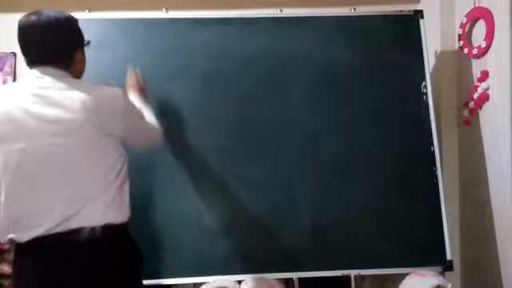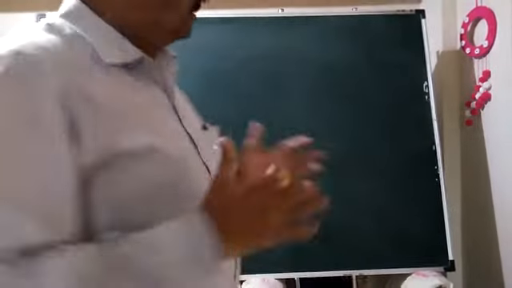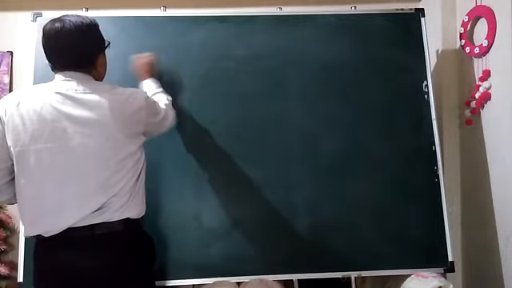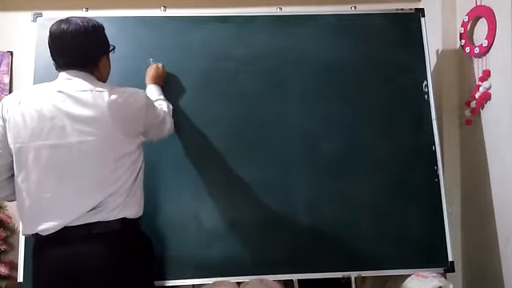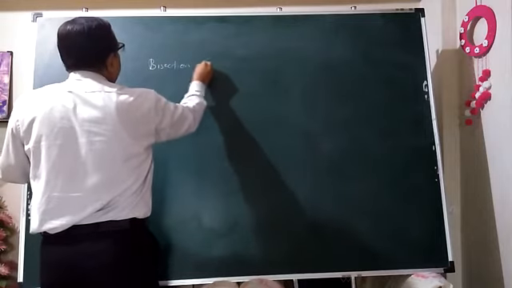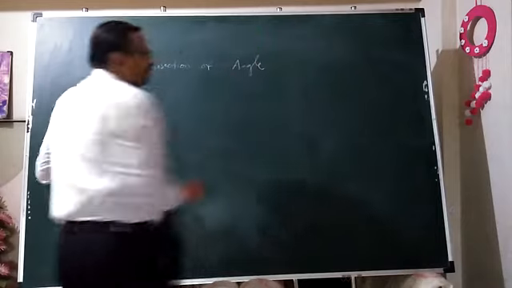Next geometrical construction is bisection of an angle. It may be an acute angle, it may be a right angle, or it may be an obtuse angle. So, the common method for that is the angle bisection method. Okay, we have learned perpendicular bisection of a straight line. Now,